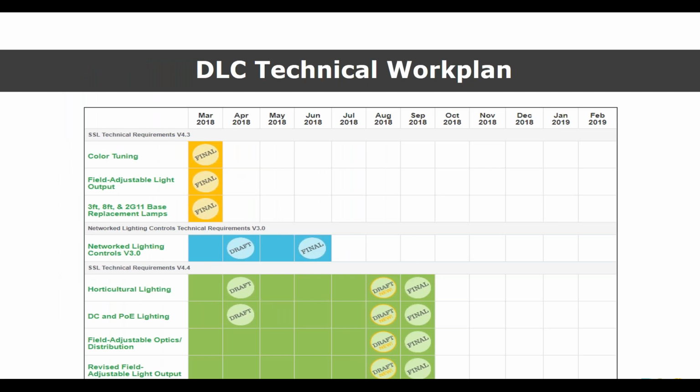On the DLC website, if you click on current events, you can access the DLC Technical Workplan. This is a page on our website which is continually updated and provides a timeline and details of what the DLC is currently working on. So if you go to this page right now, you can see the version 4.4 policies and where we are right now in August 2018, where we have issued a second draft of the version 4.4 policies with a final, as it's shown on the screen right here, coming in